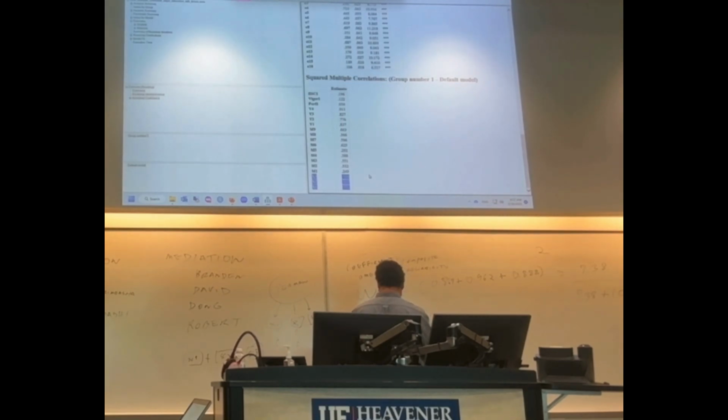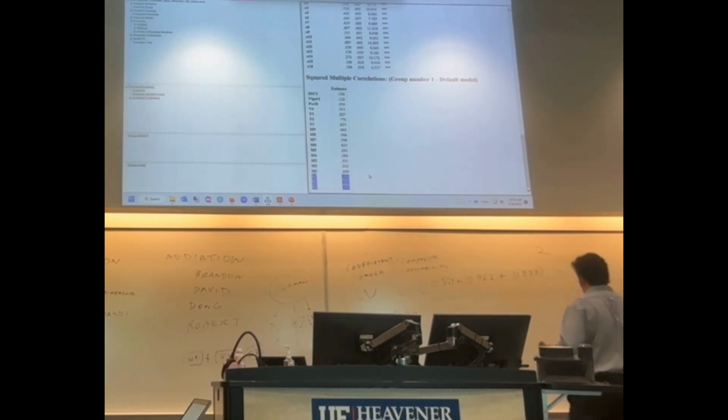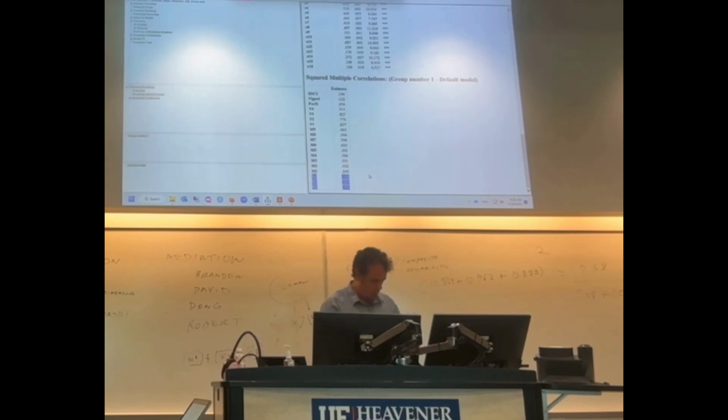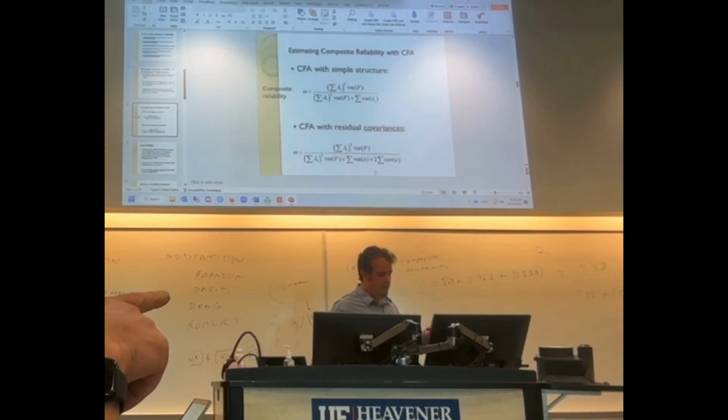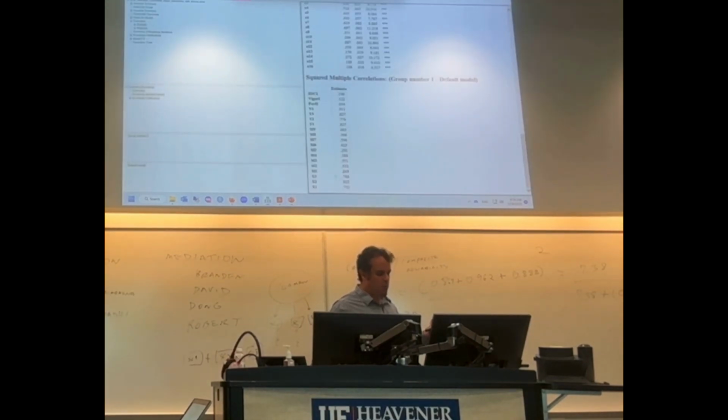Squared. I forgot to square, so I have to square this. Actually, no, I don't have to square it. They are already squared. Where did you get the 0.248 and those other numbers? I got lost there. I took the R squares, right? I don't need to square those. They are already variance. I took the R squared and I did 1 minus. Okay. Sorry, I just